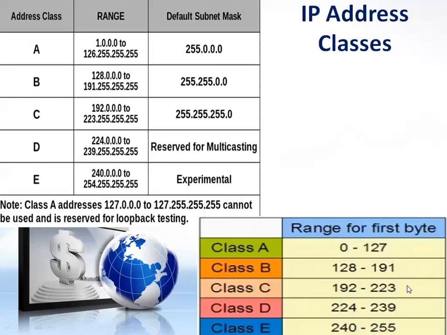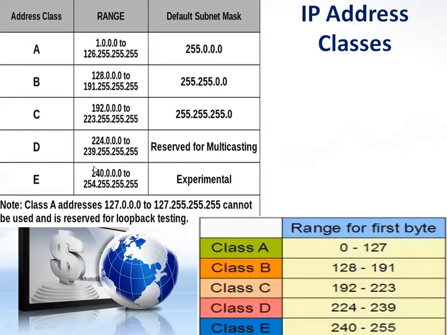So if you have 192, and here the maximum range, remember that students, everywhere the maximum range is 0 to 255. The host in the computer range is 0 to 255. Every time you have maximum 255 computers in a network. Then class D, 224 to 239, is reserved for multicasting. This is reserved for the multicasting.